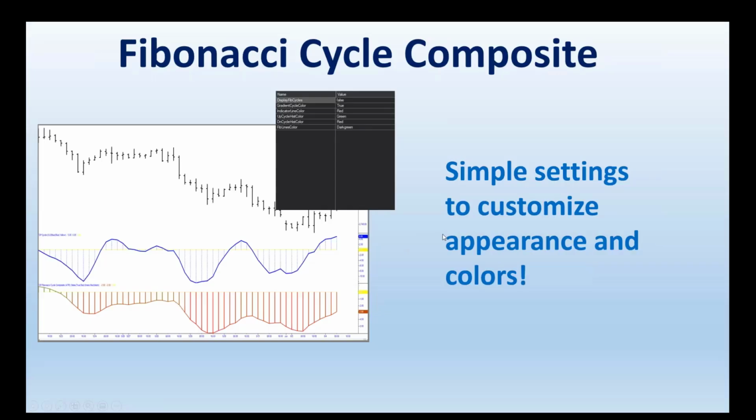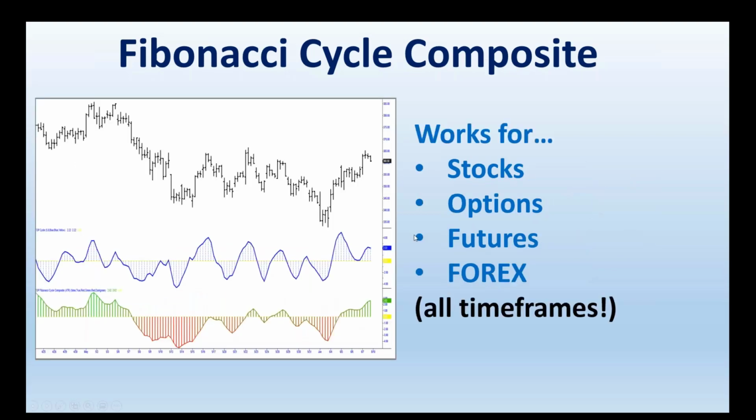Now, here's the really cool thing about it. There are no settings other than color. So you don't have to worry about complex settings. We've done all that on our side. We've used the golden ratio to determine what cycles we're going after for the long-term, medium, and short-term settings. All you have to do is pick the colors when you set it up in your chart. Works for stocks,